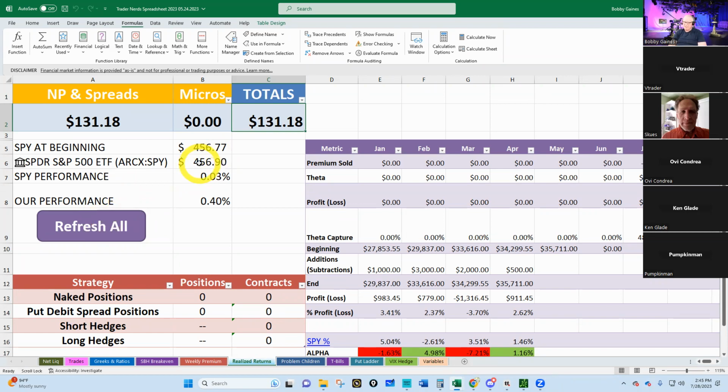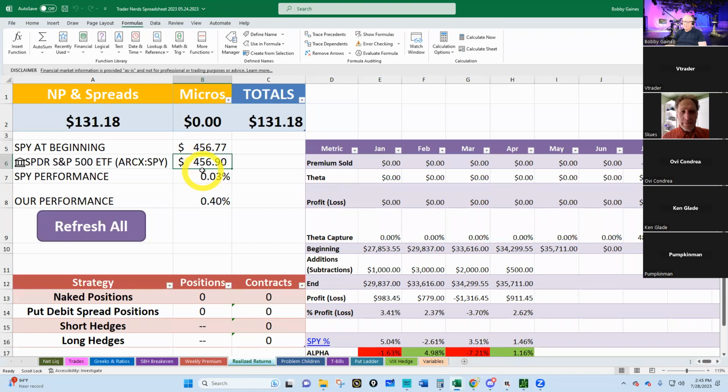Now, where does it pull this from? It pulls this from Thinkorswim, their little API. I think it does. No, it doesn't. It doesn't pull it from Thinkorswim, not this number. So with you just having this open, it should pull up the price of SPY from somewhere in the universe. That's not coming from the thing.